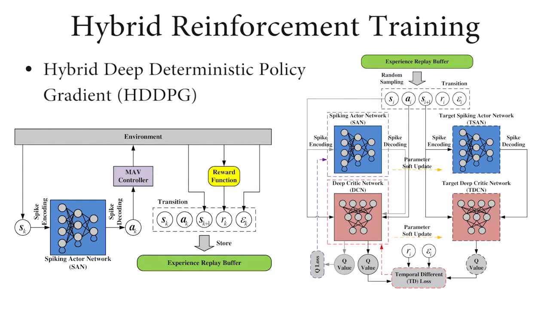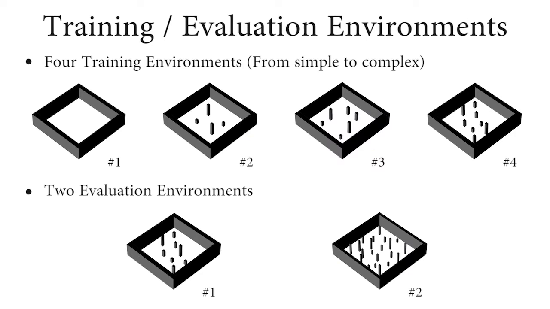In hybrid reinforcement training, we adopt actor-critic networks architecture to help MAV search for an appropriate policy according to the designed reward function. In order to improve the data utilization and make the network converge stably, we also adopt the experience replay and target network mechanisms. Besides, we learn the insight of curriculum learning. We set up a total of 4 training environments, sequentially increasing the difficulty of the environment to speed up training